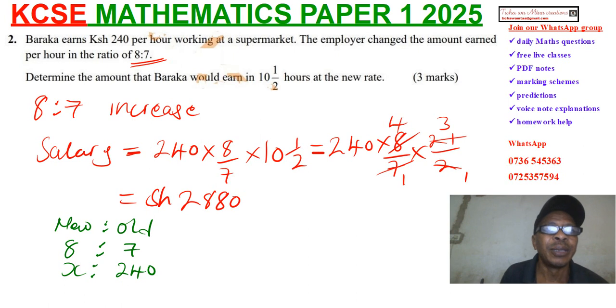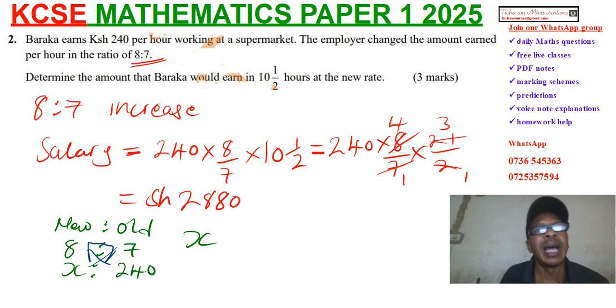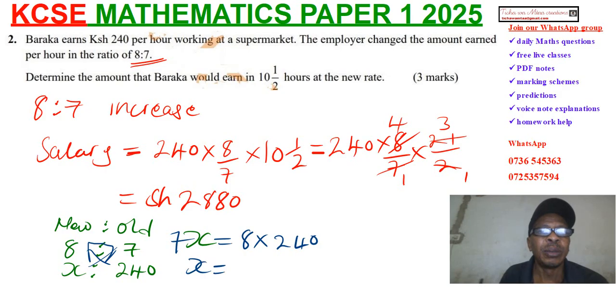You can cross multiply, and that means that 7x is equal to 8 multiplied by 240. So x is equal to, you divide by 7, that will give you